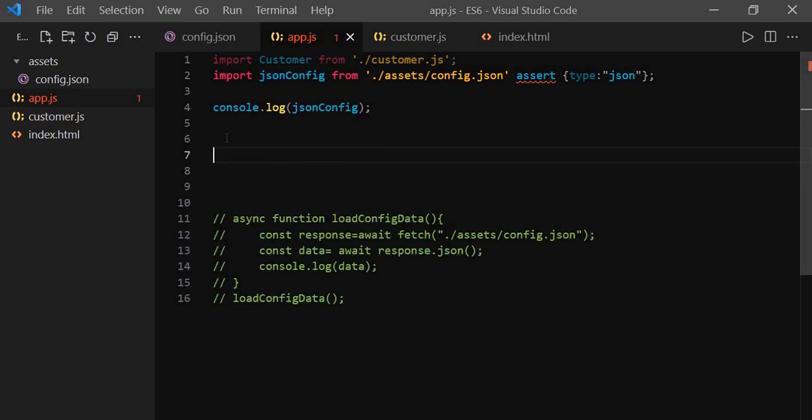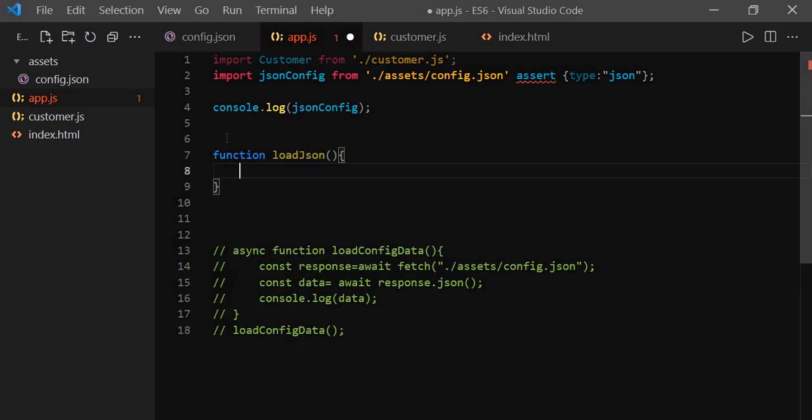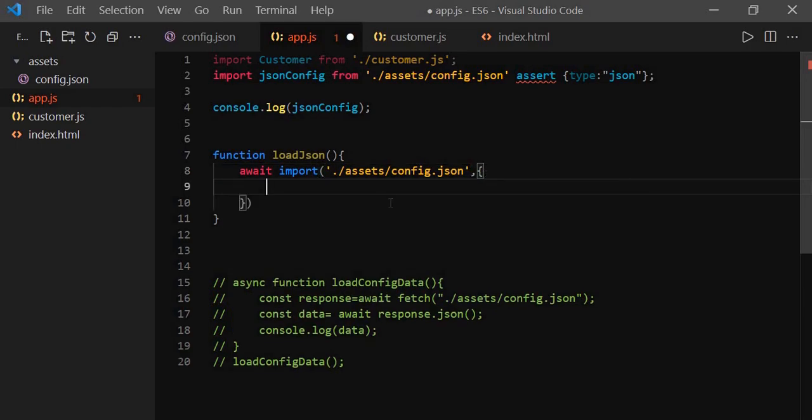We can also load JSON modules dynamically. So let's write a function. Let's say loadJson, and inside that I am going to use await, then import, and it takes two parameters. The first parameter will be the path of the file, so take this path, and then the second parameter will be an object, where we need to use the assert keyword again.